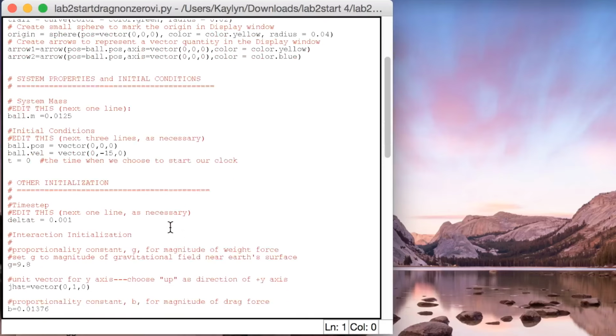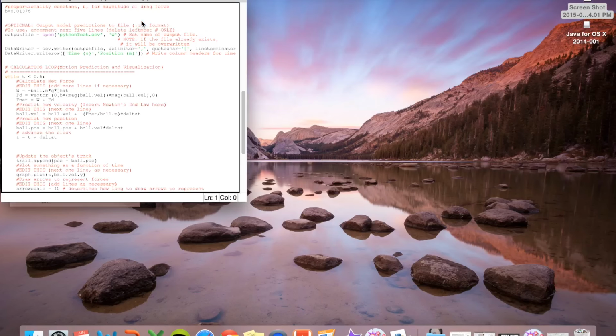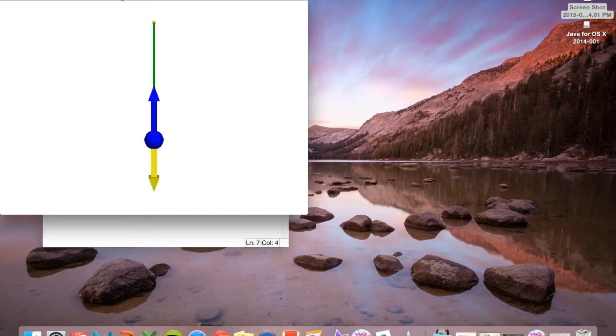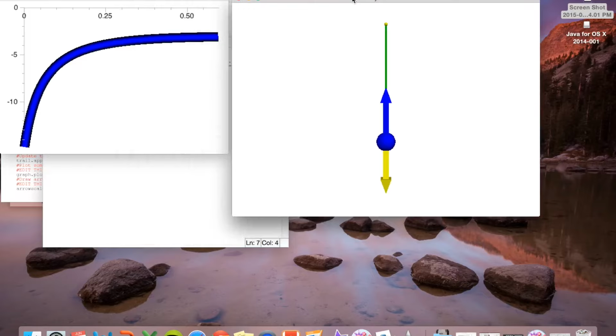To demonstrate how a non-zero initial velocity in the negative y direction, from the paper towel being thrown downward, would impact the terminal velocity of the paper towel, I input an arbitrary value for the initial velocity, which was negative 15 meters per second. From running the code, a velocity versus time graph is output. As you can see, throwing the paper towel down would result in a drag force which is actually slightly greater than the gravitational force on the paper towel. This results in deceleration of the paper towel. However, eventually, terminal velocity is still reached at approximately the same time, which is about half a second,